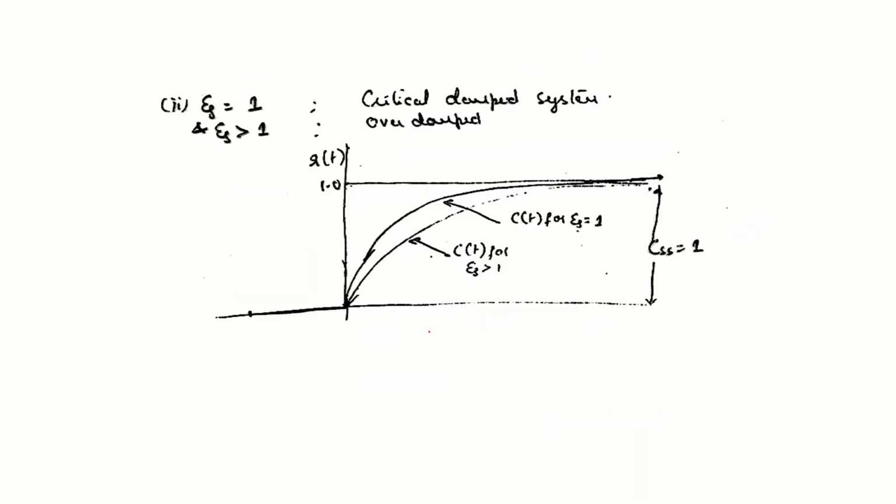Fine. If I assume zeta is equal to 1 and I derive the equation, you can see the response will not be oscillating at all. You will not get sine term. Gradually it rises and reaches the steady state. So a critically damped system will just stop oscillating. If I assume zeta greater than 1 and derive this equation, this will take a lot of time to attain steady state. So this is how critically damped and over damped systems behave.